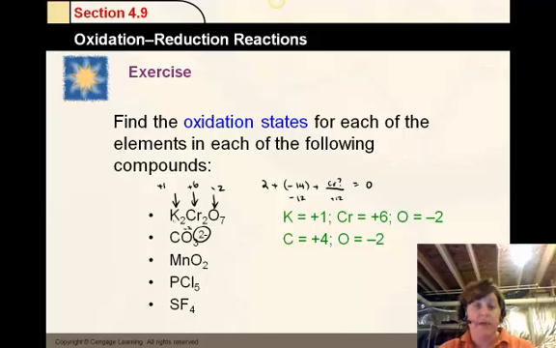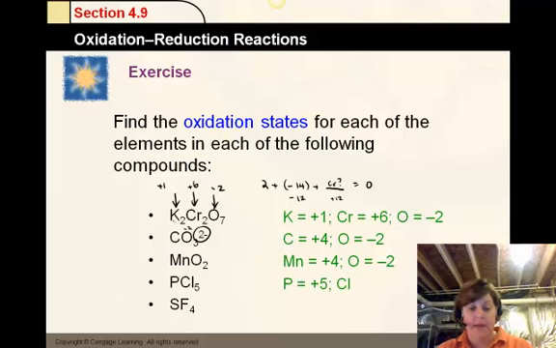MnO2. Here is a compound that has one Mn and two O's, and again we're going to add to 0, and you will notice in this case oxygen is still -2, and in this case Mn has to be a +4 to make it work out. Next one, chlorine, and the halogens tend to be -1, so that's a -5, and so phosphorus has